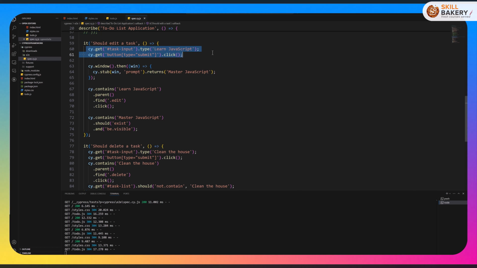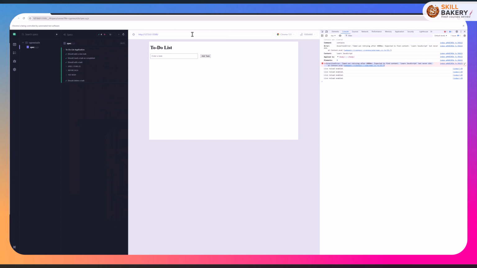So after adding the task, I am now using this prompt to update it to master JavaScript. So this is there, and here if the learn JavaScript text is there, then we are clicking on edit on it, and finally we are getting this master JavaScript. If it exists in the CY, then we are simply marking it as successful. So if I go back now and quickly rerun all these 4 tasks, so should edit a task,